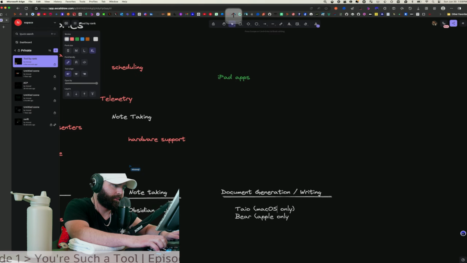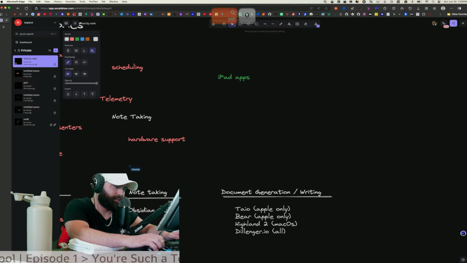Apple only. Same with this. I think Bear's working on a web app, but it's not out yet, so can't claim that yet. Highland 2 is Mac OS only. Oh, Dillinger. There's a lot of really good ones. This one is a web app actually. It's just a website.